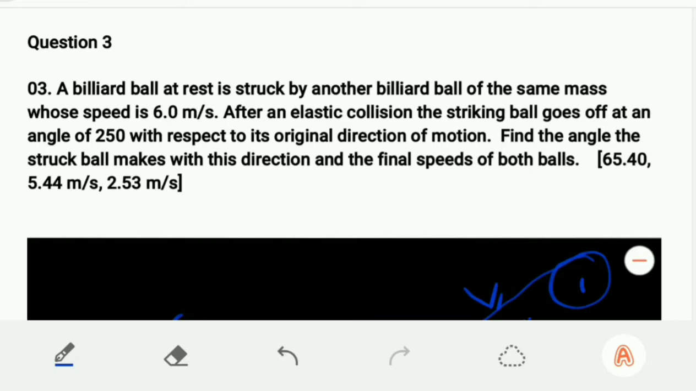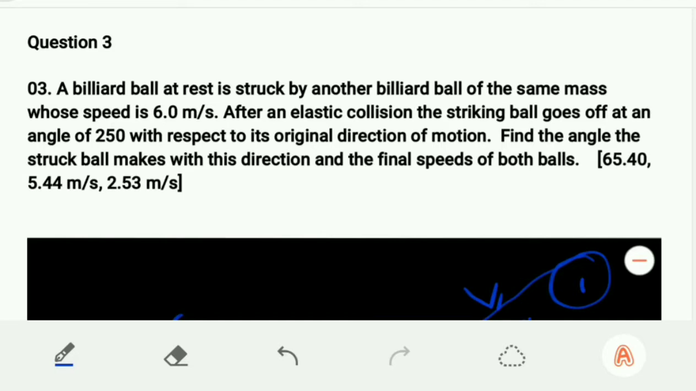So question 3 here, we have 2 billiard balls, one at rest and the other one moving with a speed of 6 meters per second. This ball that is moving is going to hit another ball which is at rest, and after the elastic collision, the balls are going to move in different directions. Okay, so we can make the xy plane as reference in this case,